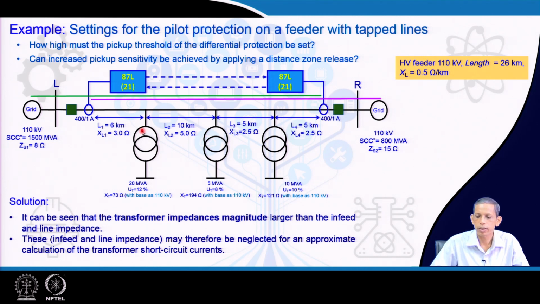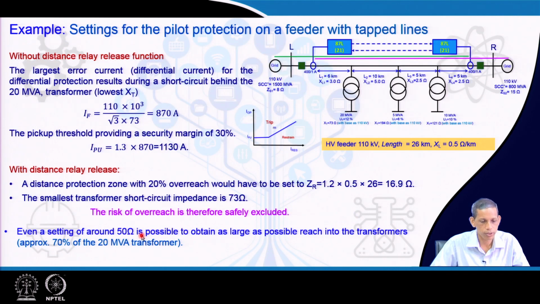So, that gives you around 13 ohm or so. As compared to that, the corresponding transformer impedance is much higher, and the associated infeeds also have higher impedance. So, combined, as compared to the feeder impedance in general, with that condition we will see how we will proceed for the further calculation.